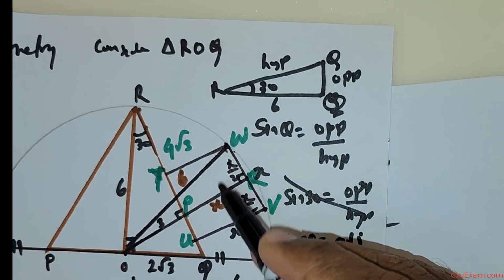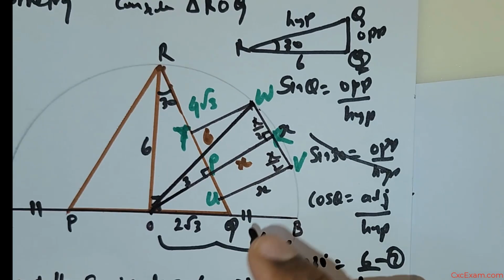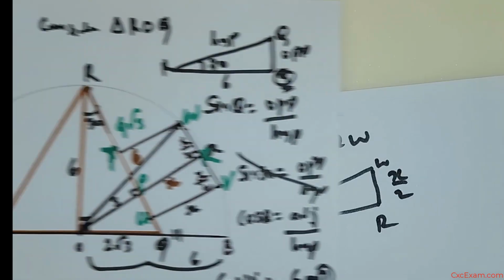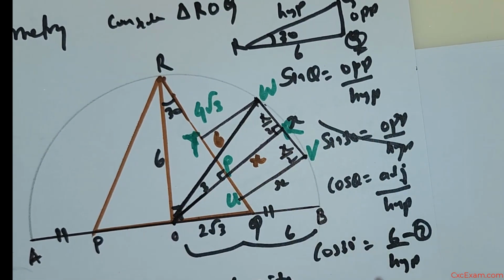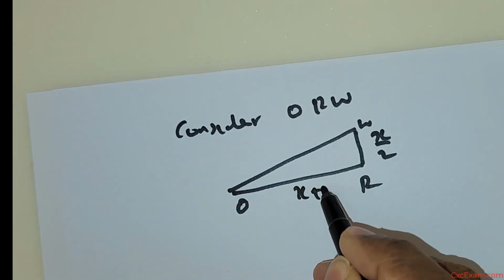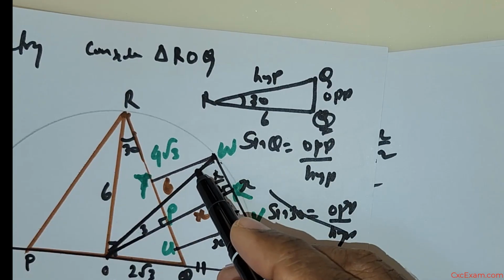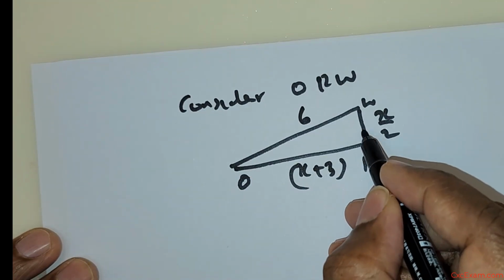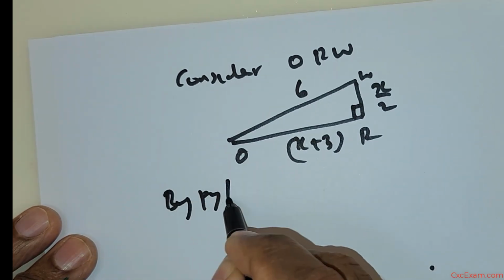Now this distance is x over 2. This entire length is x plus 3. Now this distance is 6 units. It's a radius of the semicircle. This distance is 6 units, so you write that. This is 90 degrees. Right, so by Pythagoras